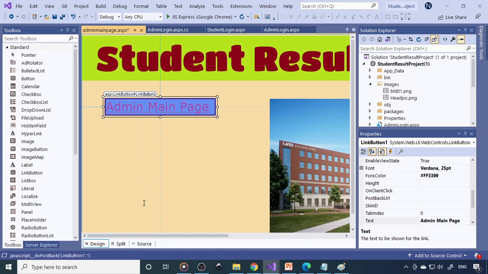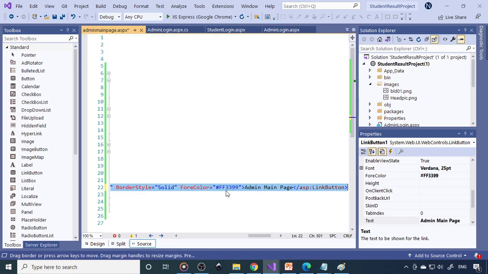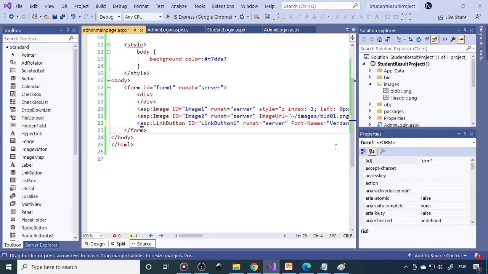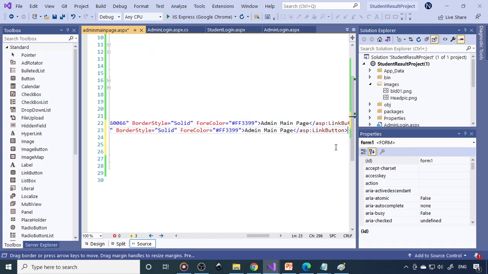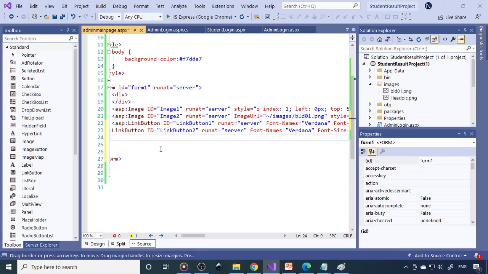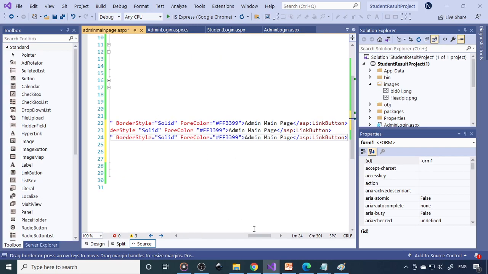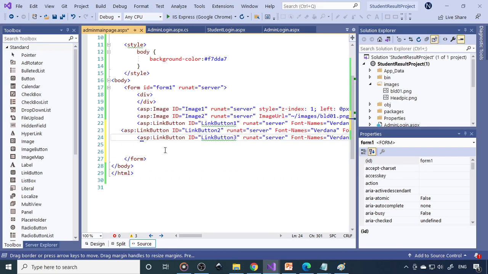So now what we can do is, we just copy this. So make some space here and then paste it. So this is 1. So the link button 2. You can see that even the HTML code is changed to link button 2. So one more, that is 3.